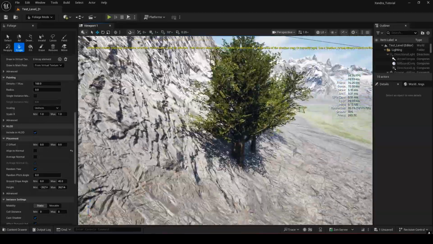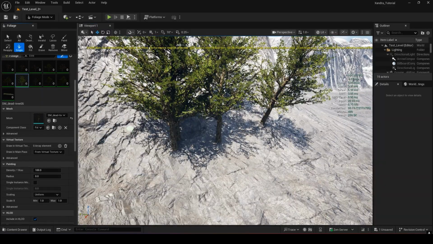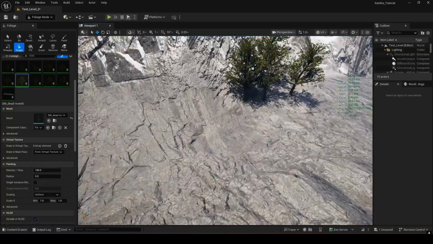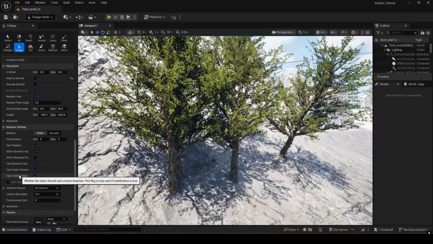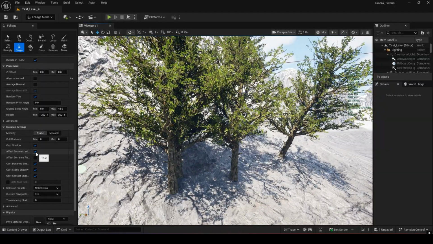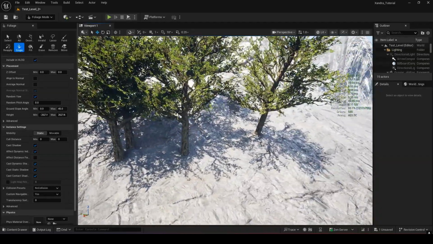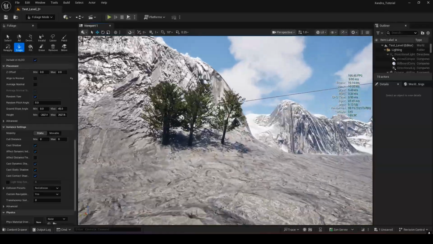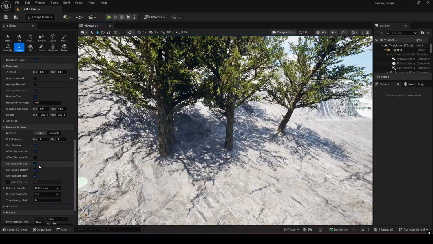And so the way we can fix that is actually by going in, and like I showed you with the grass, just messing with some of the shadow stuff. Now, for trees, you probably want dynamic shadows actually, because unlike grass where it doesn't really matter, on trees it does matter. So just to show you some of the differences, if I disable dynamic shadow,